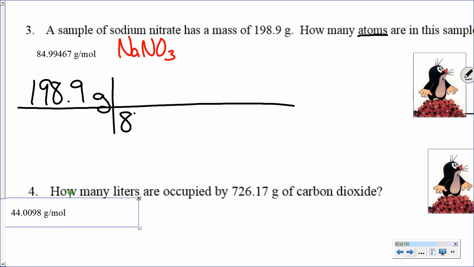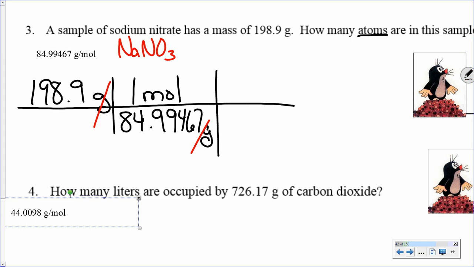So we're putting our 84.99467 grams, turning that into 1 mole. Grams are going to go ahead and cancel. In our next step, we need to take moles into molecules. So remember, NaNO3 is made up of multiple atoms. So sodium's an atom, nitrogen's an atom, each of those oxygens are atoms. So the first thing we're going to do is take 1 mole and change that